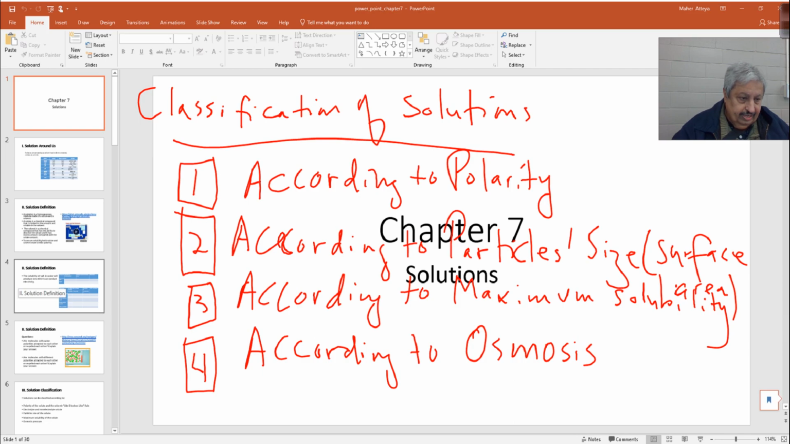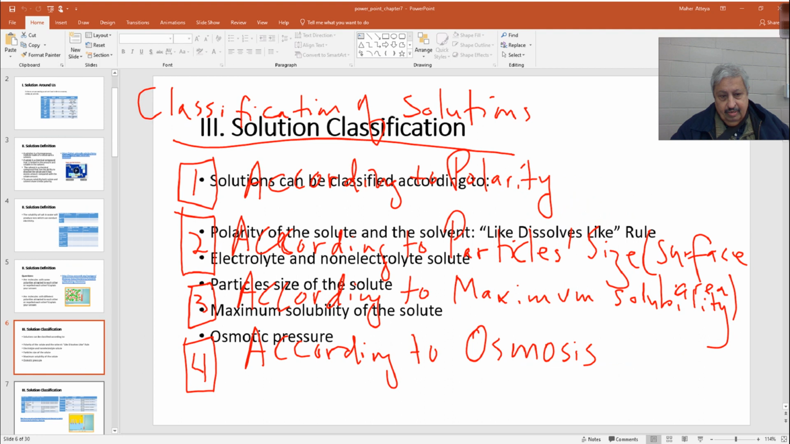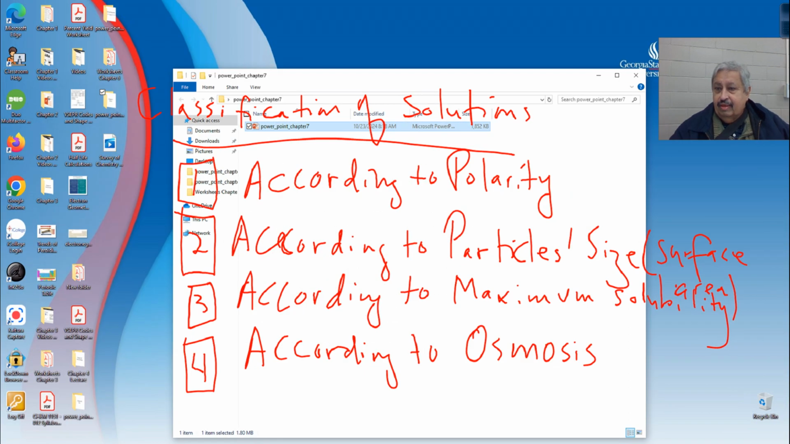So the classification is, here they are. As you see, solutions can be classified by polarity, into electrolytes and non-electrolytes. Okay, that's good. So then we'll say